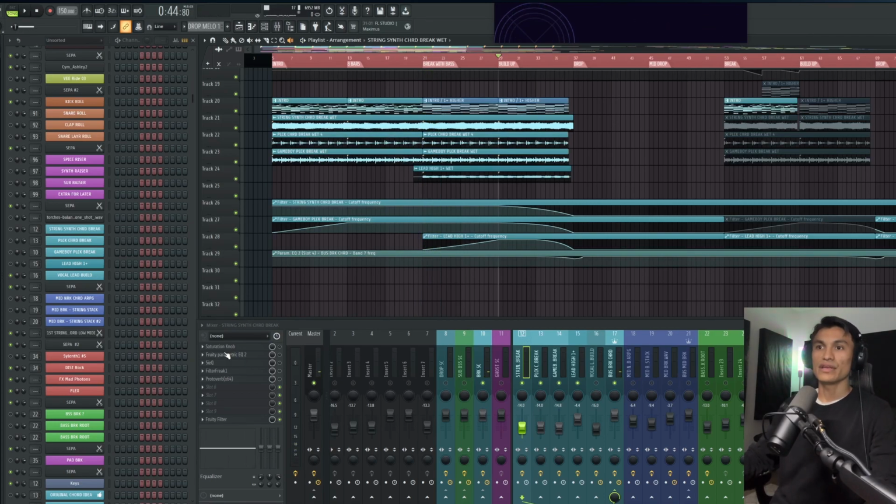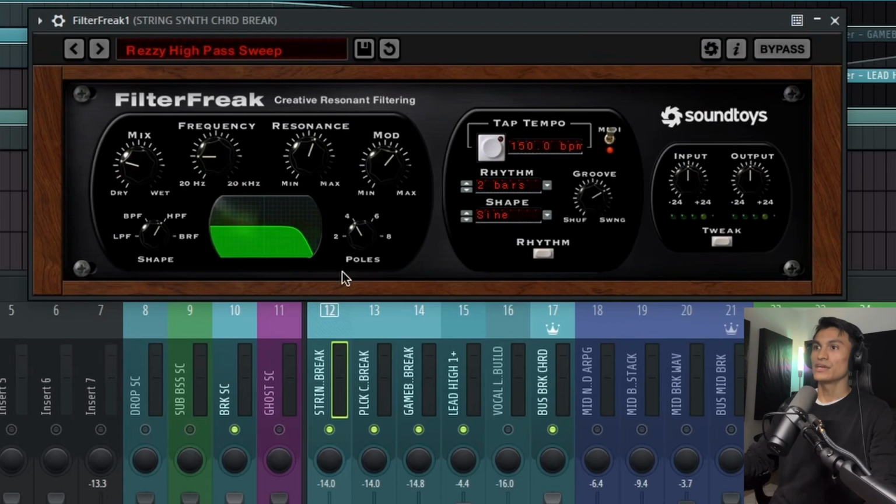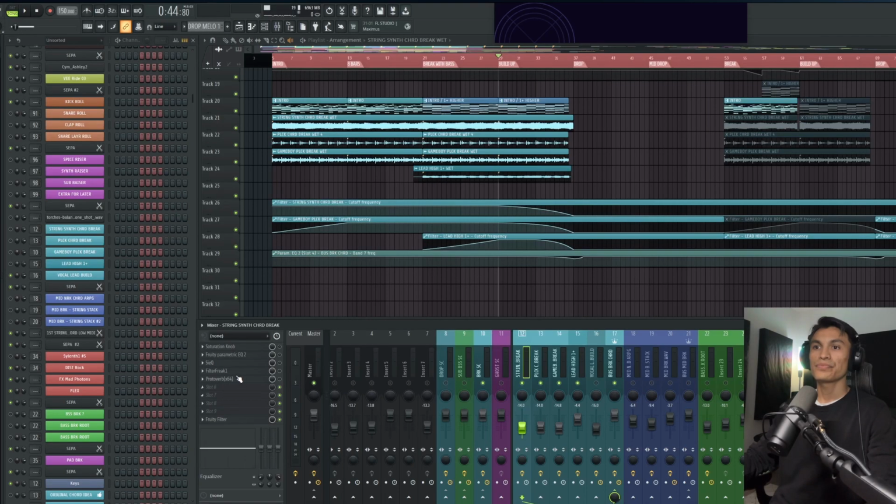on its own channel, I have distortion, EQ, SideQ, Filter Freak from Soundtoys with this Reese high pass sweep preset, and Protoverb. This is a free reverb. I think it's only available for Windows. I'm not sure about that. And for the other sound, which is this one over here,